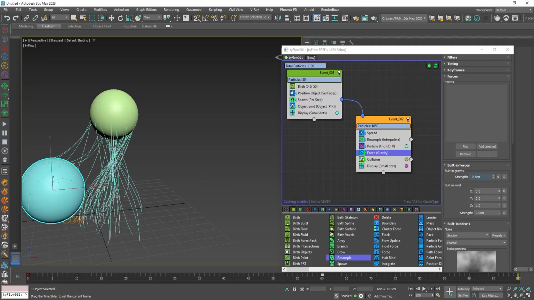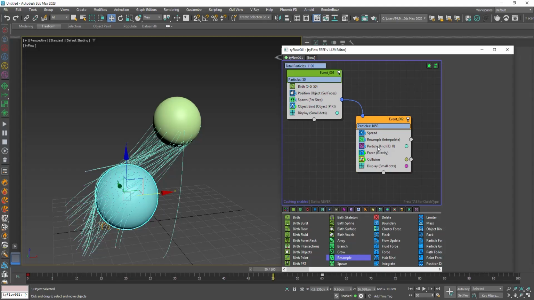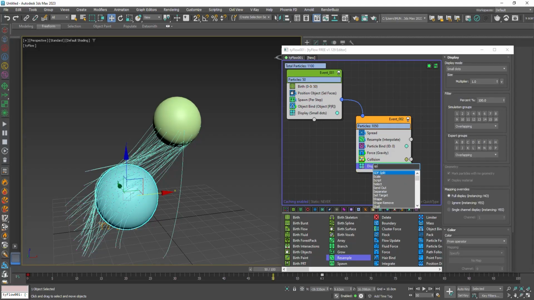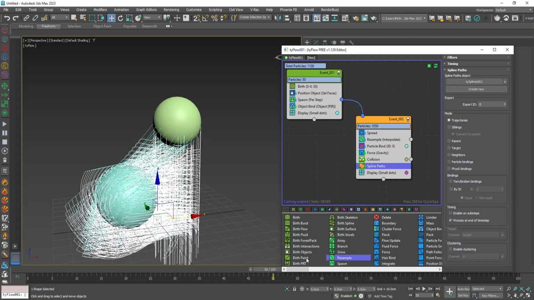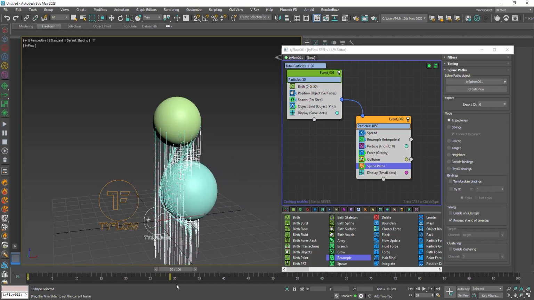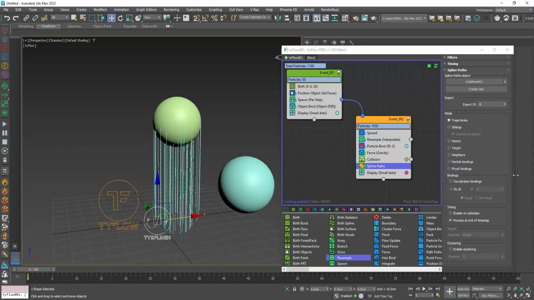Okay, now let's render it. Right now, if you try to render, it will not render. So we have to use the spline path. So just create a spline path. Click on create new, but make sure you use the particle bindings. Okay, so I have checked the trajectories which has created this thing. So just click on particle bindings,